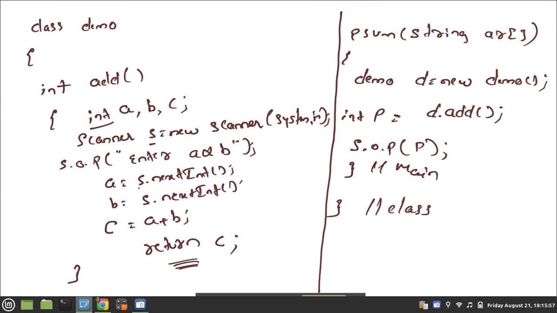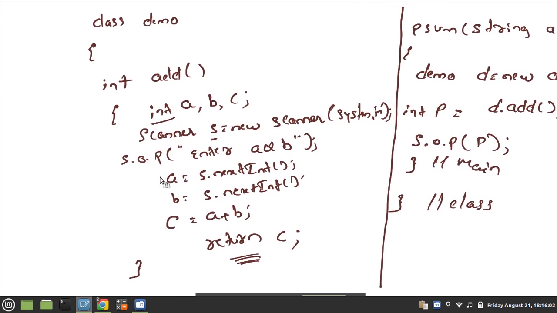If there are no doubts, I will go to the next topic. The last type is with return type, with parameter list.